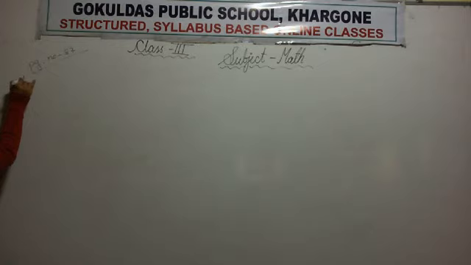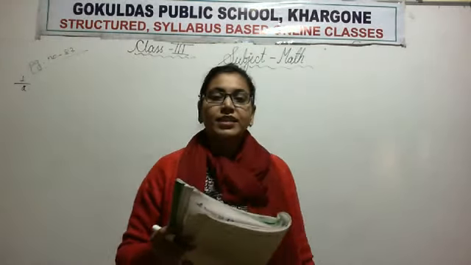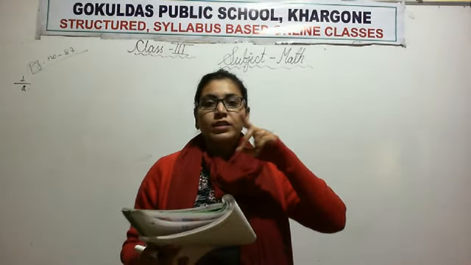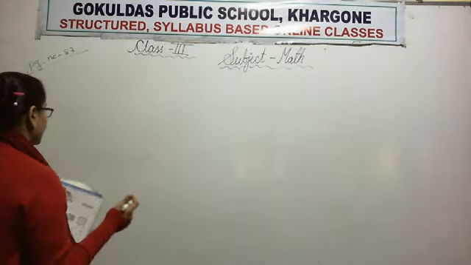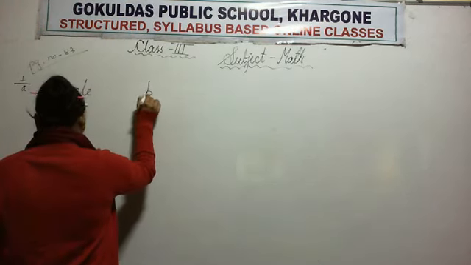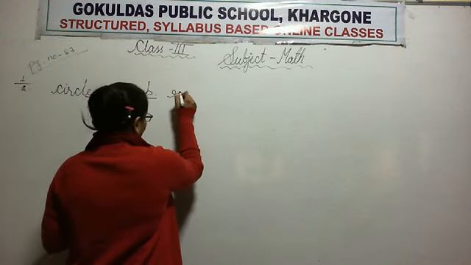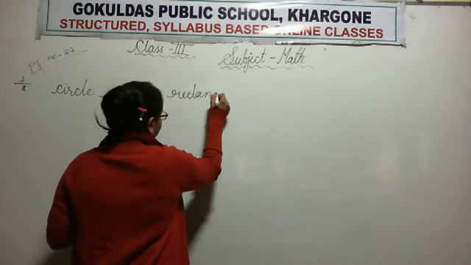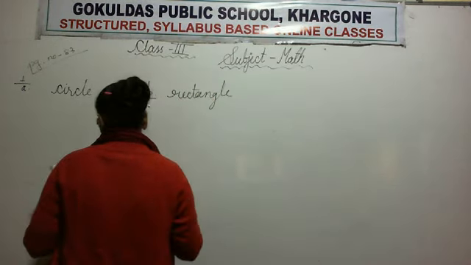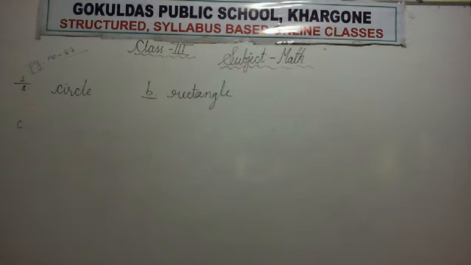Look at the first picture. The first picture is a ring and circle. We know that a round shape is circle. So for this we will write circle. Picture B is a monitor and monitor is of rectangular shape. So we will write rectangle. The question C, option C is a notepad kind of something. This is also rectangle.